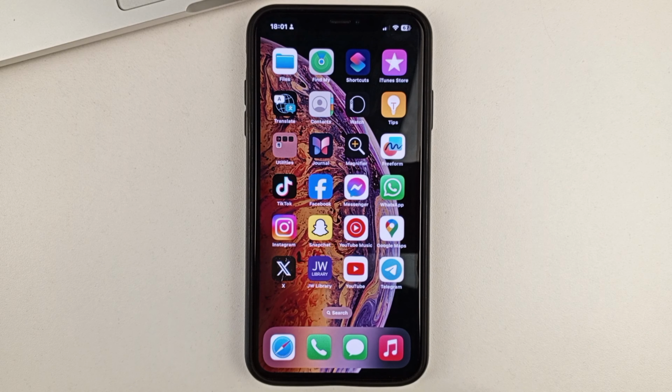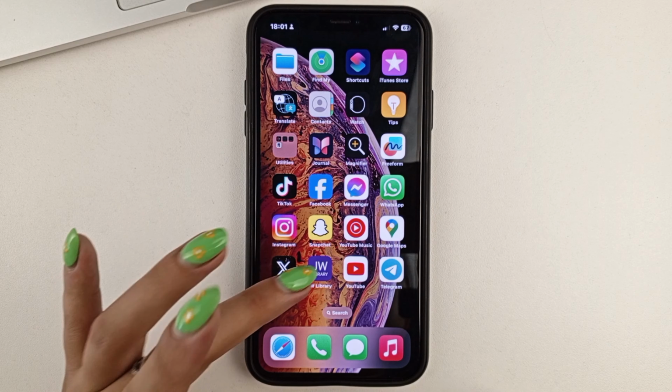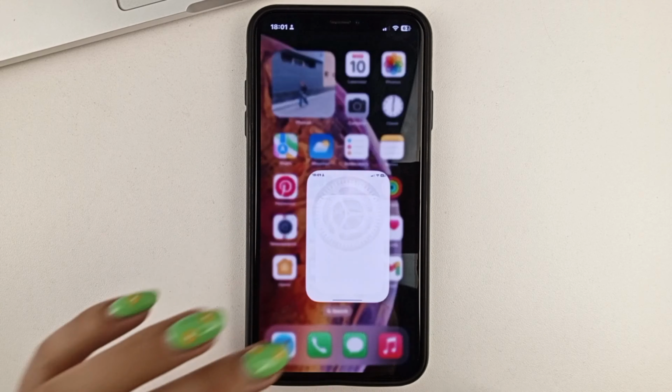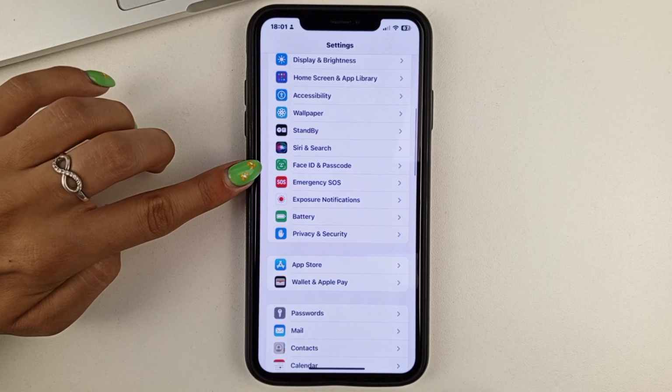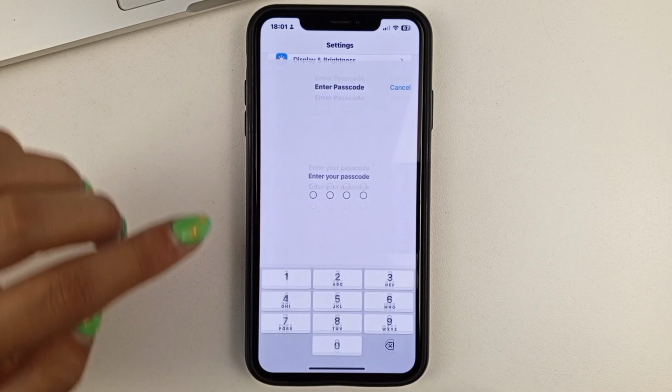So let's get started. If you've decided to turn off the anti-theft protection, you'll need to go into the phone settings on your iPhone and then scroll down a little bit and select Face ID and Password.